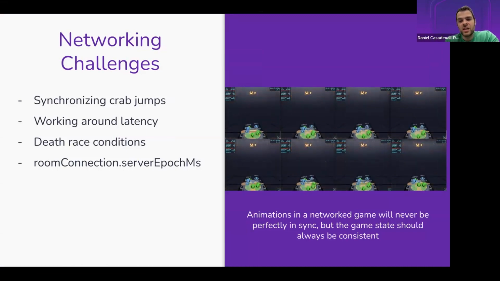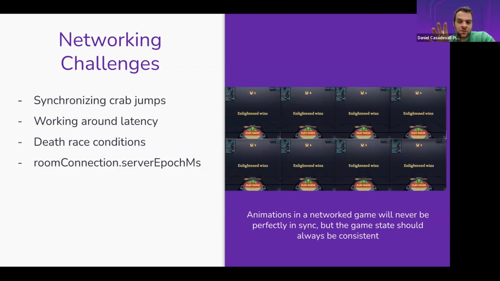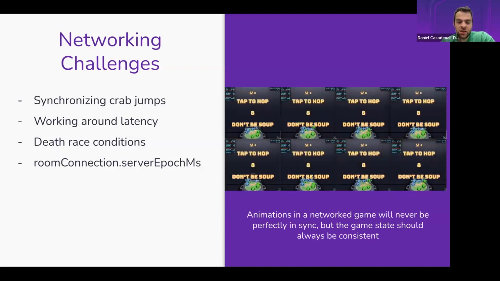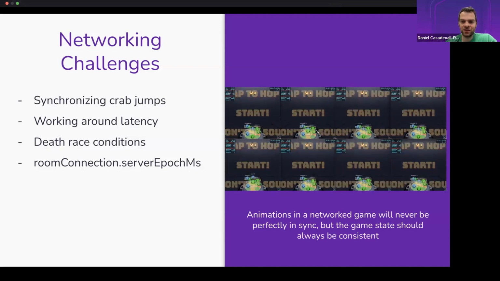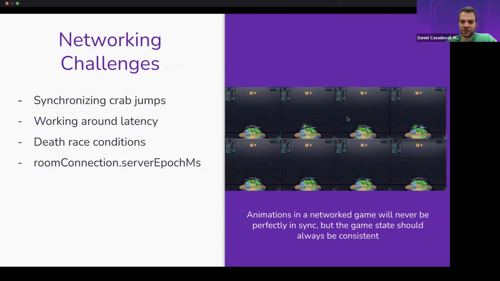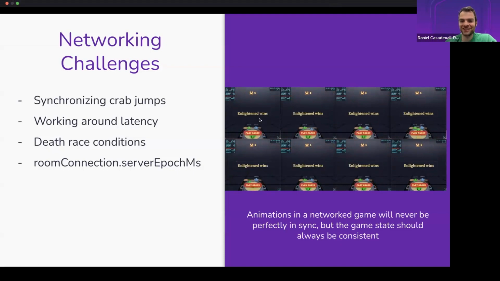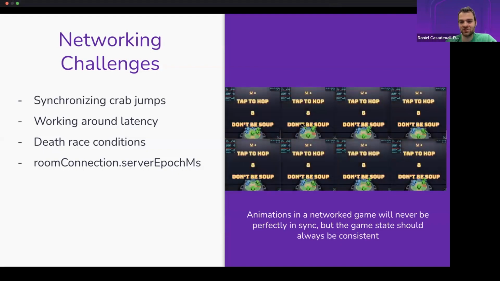troubleshoot any problems. So there's a few networking challenges that you'll encounter as you develop applications with shared AR. Examples of challenges in this hotpot application. The biggest one was synchronizing jumps, and you can see on the right how every crab in here is not really like a perfect choreographed dance team, right? It's almost like every crab for himself. They kind of jump, but you can see that each screen is definitely not in sync. You can even see this one jump and then it jumps almost half a second later on the other screens.